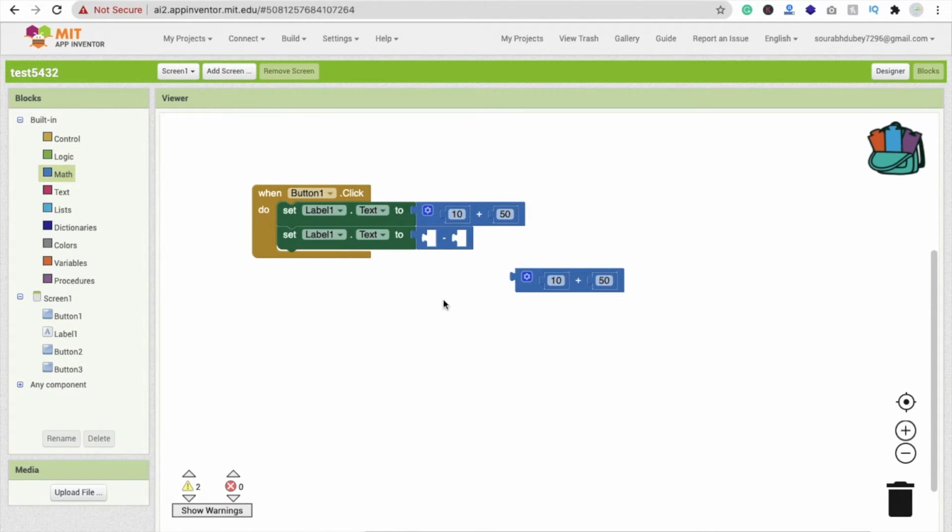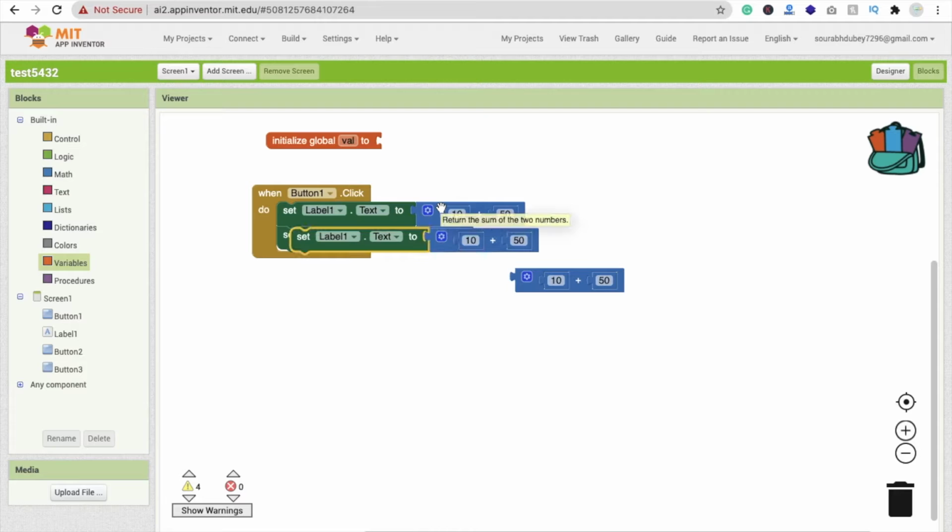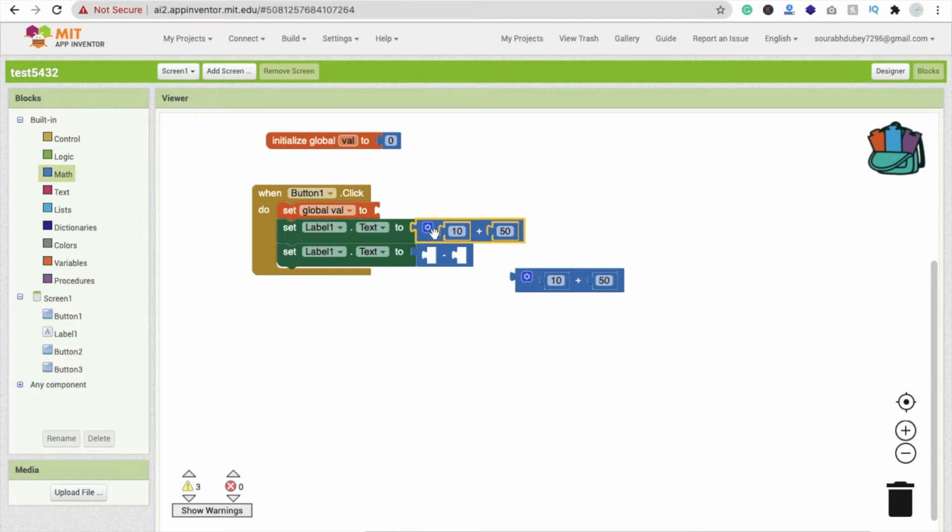Now I have to store this value in some variable, so I'm going to use a global variable val and make it 0. I'm going to use the maths function and make this value 0. Then I'm going to set this value here, and copy this here.